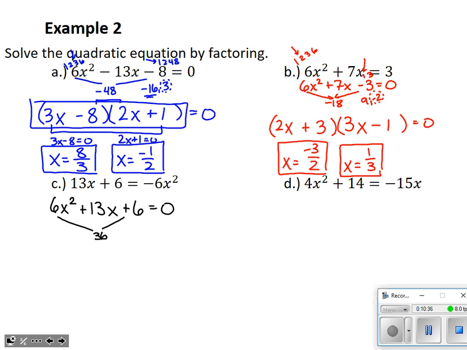What multiplies to be 36 and adds up to 13? Those magic numbers are 9 and 4. Let's set up our skeleton factors. Something x, something x. I'm going to choose to make the 4 first. So I've got 1, 2, 3, and 6 to choose from for the first term, 1, 2, 3, and 6 in the second, and that constant at the end, that positive 6.